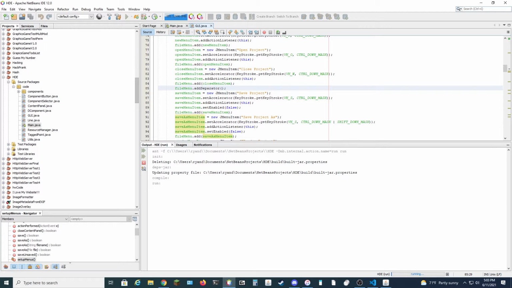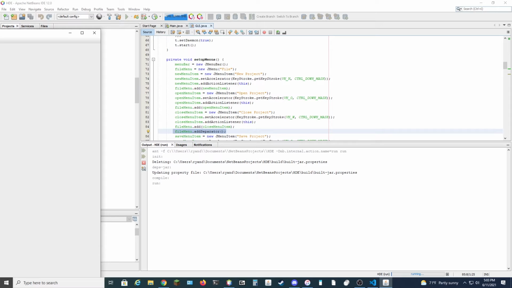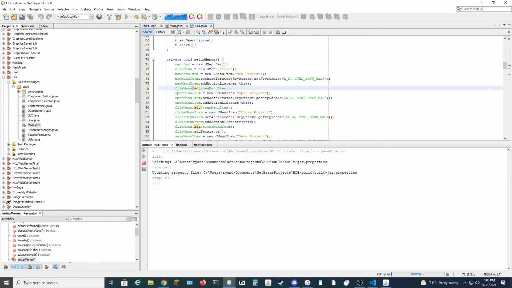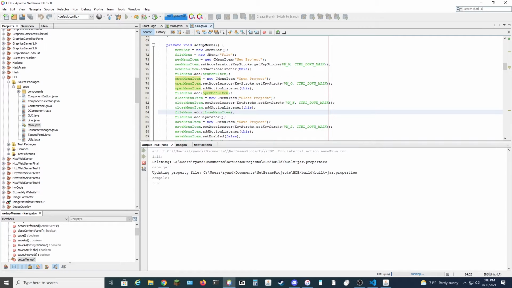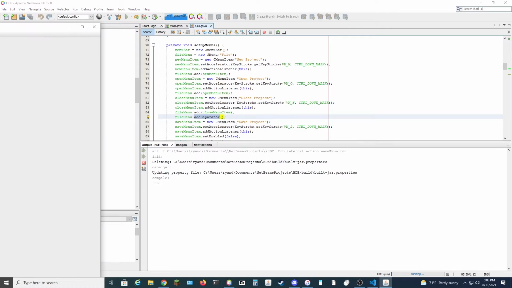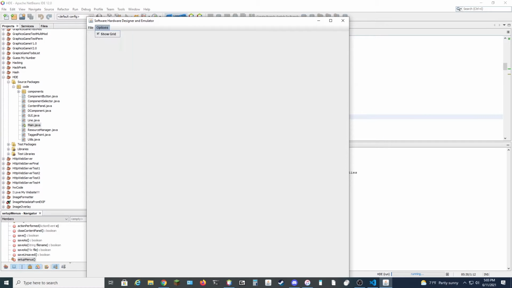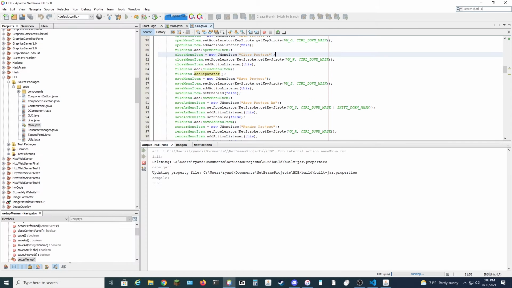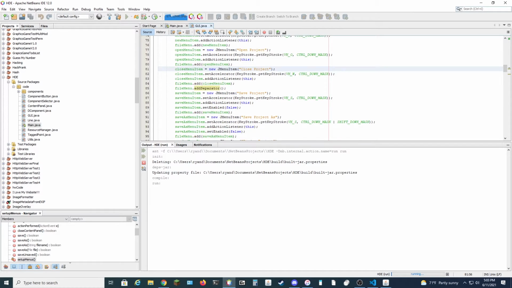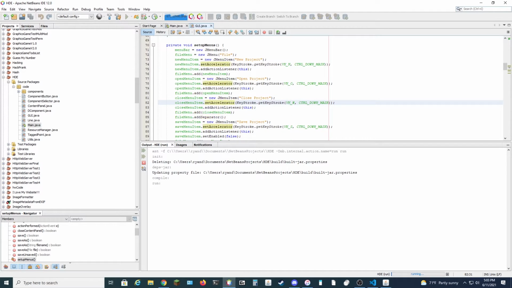We also have these lines in here between them, which are add separators. So if you actually just look at the add lines, we add new menu item, open menu item, close menu item, and then we add separator. And if you go and look at the window, you have new, open, close, and then this bar, which is the separator. So you just continue on doing this,